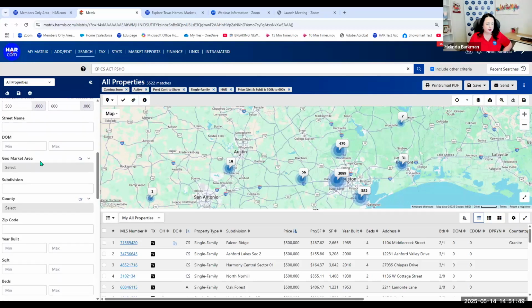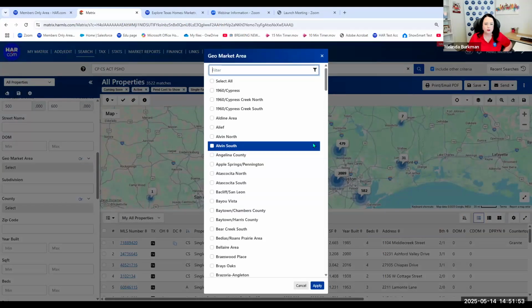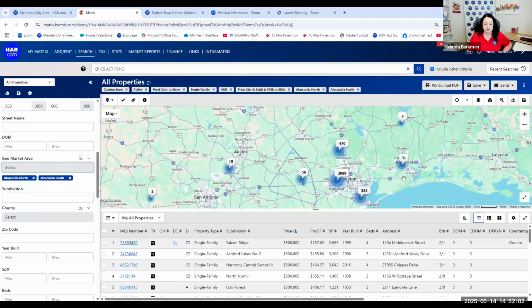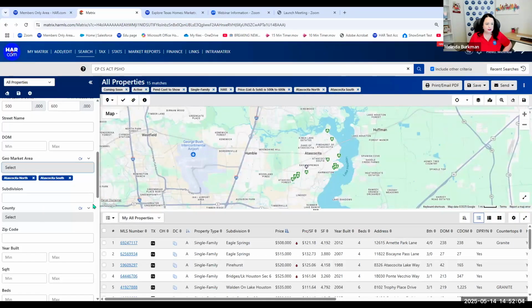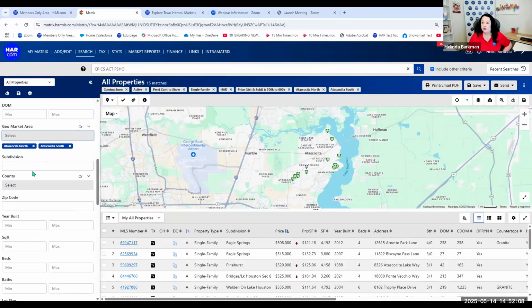Scrolling down, days on market, geo market area. Here's where we can clarify a little bit more significantly. Maybe we want to be in Atascocita. Click apply. All right, a little bit better. You can clarify down even more if you have a specific neighborhood in that geo market area that you want to look.